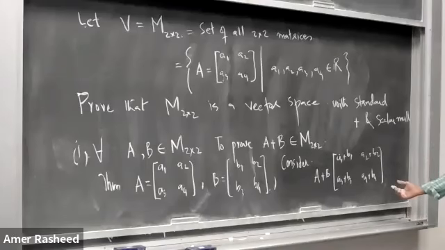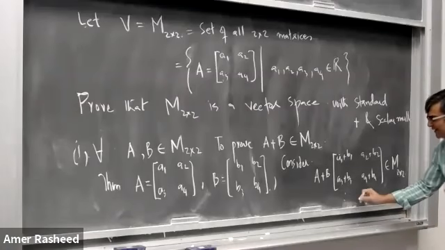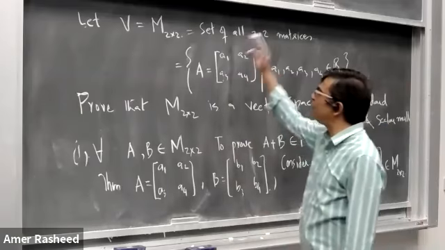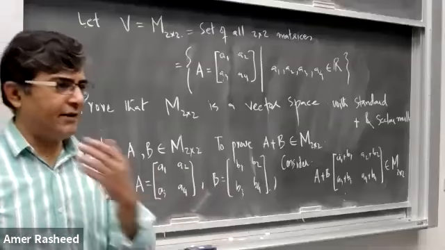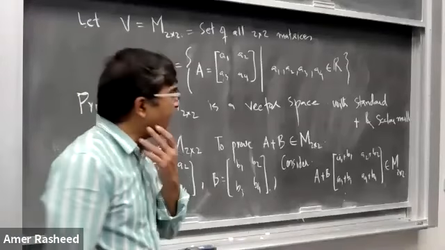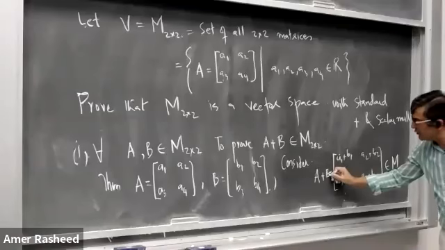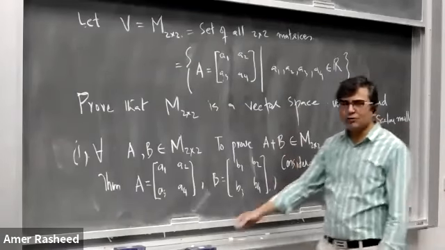है ना, 2 cross 2 matrix है, तो it belongs to M2 cross 2 because A plus B is a 2 cross 2 matrix। If it is a 2 cross 2 matrix, then it should belong to M2 cross 2। You have to give the reason here why we are saying that A plus B belongs to this, A plus B equal to this, why this matrix belongs to this set। ठीक है, अब मैं यहां पे एक और कंडीशन लगा देता हूं